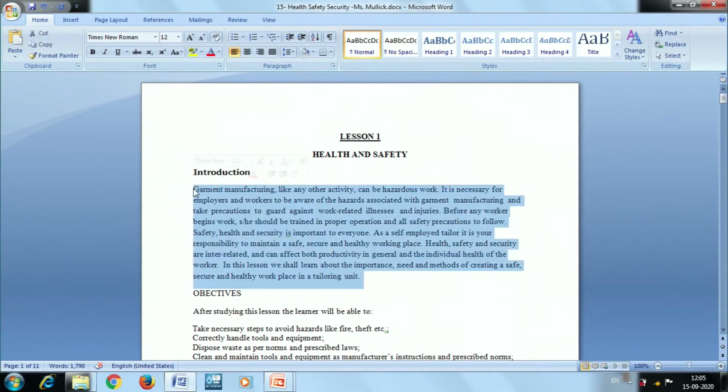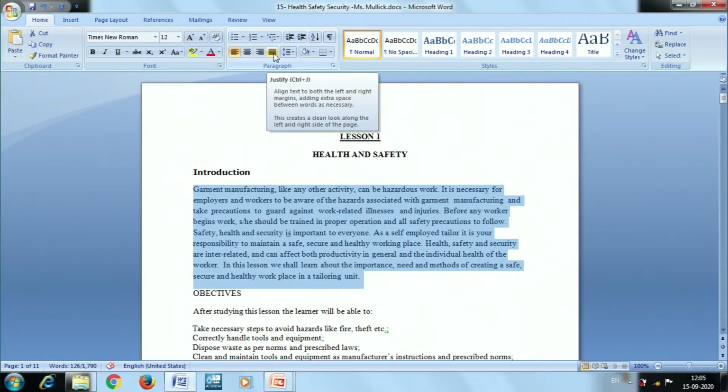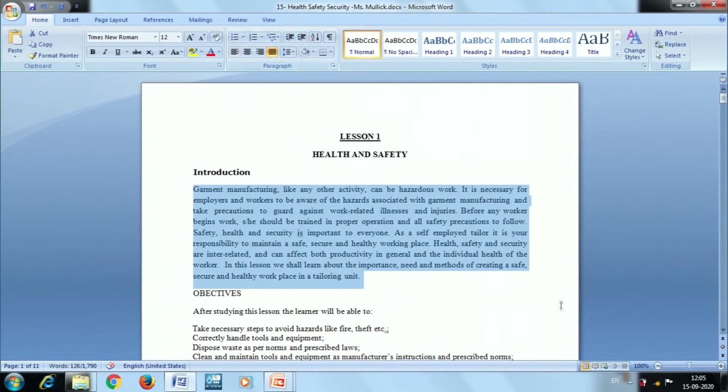So what I have to do is apply some alignment. For changing the alignment, I can click the left alignment. Since the contents are already left aligned, I don't want to put it in center or right alignment. So I have to use the justify alignment here. If I use justify alignment, the contents are aligned as per the left and right margin. You just see the changes after applying the justify alignment. Once I click justify, the contents are aligned properly.